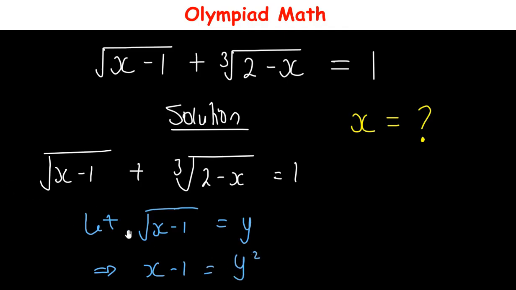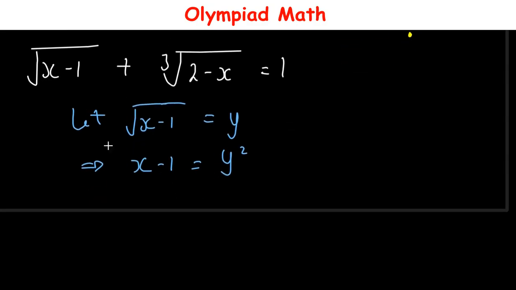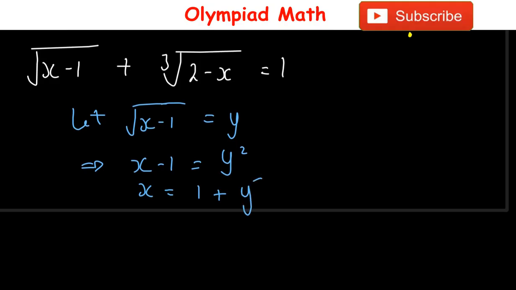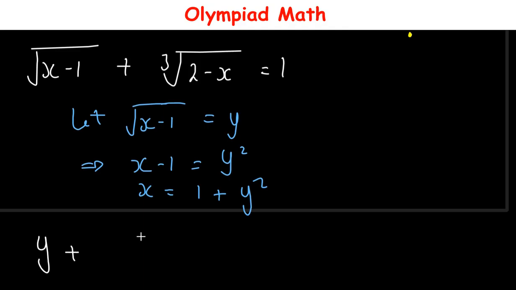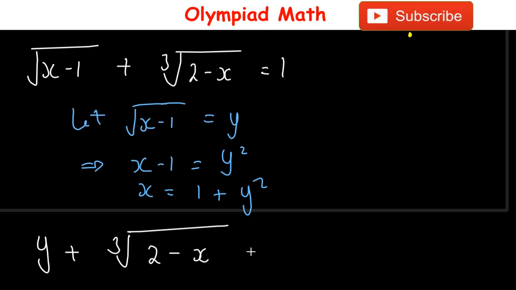Now, if we solve for the value of x, x is equal to 1 plus y squared. So we substitute the value of x into the given equation, where the square root of x minus 1 equals y. So this equation then becomes y plus the cube root of 2 minus x,